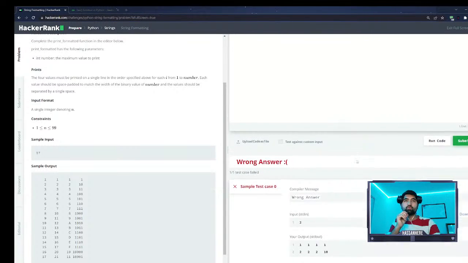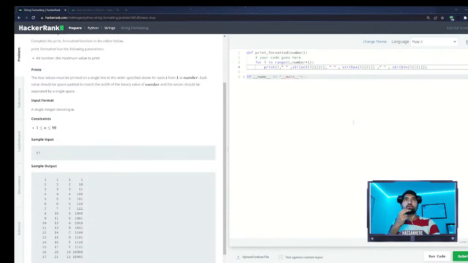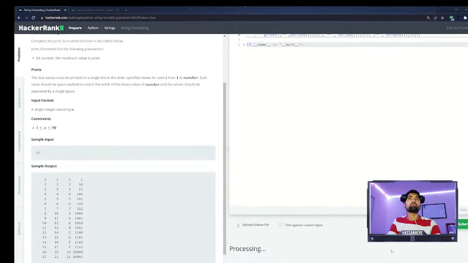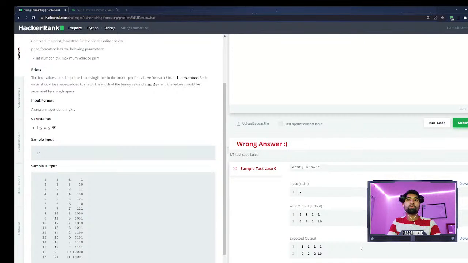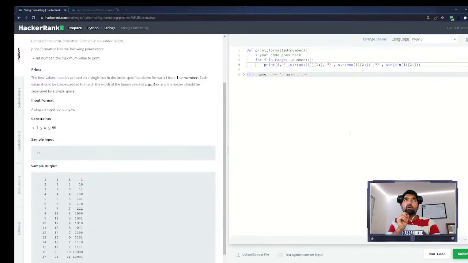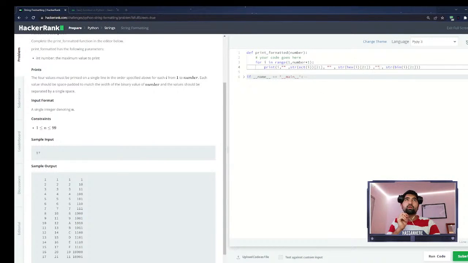Space multiplied by 2, but your output is going to be bro. What is wrong with this thing? What's that? Okay, the binary should be